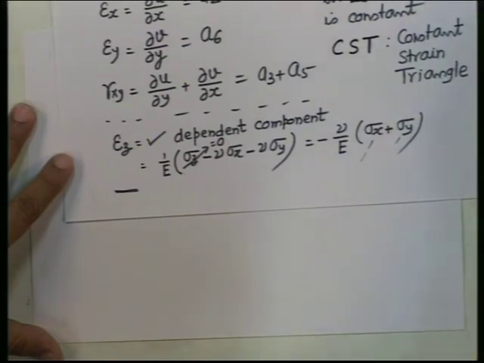and we have also derived, I think last time, your L matrix. L matrix, the operator matrix, I have derived already from the same derivative. If you write it down like this, L is nothing but the operator matrix. So, L into N is your B matrix. You will find that the B matrix will be a constant matrix here.